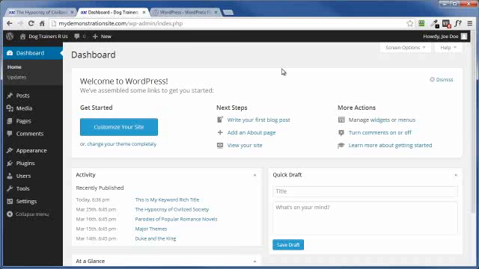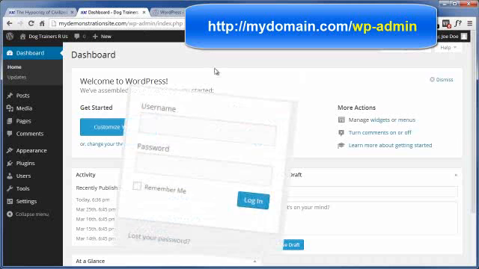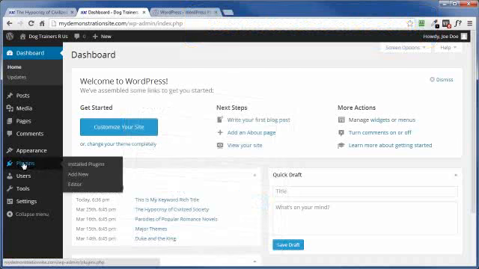If you haven't done so before, just put the URL to your WordPress site up here in the address bar of your browser, follow that by a /wp-admin, hit enter, and then a box is going to pop up asking for your login credentials. Enter that stuff, log in, then come on over here to the left side of your main menu,